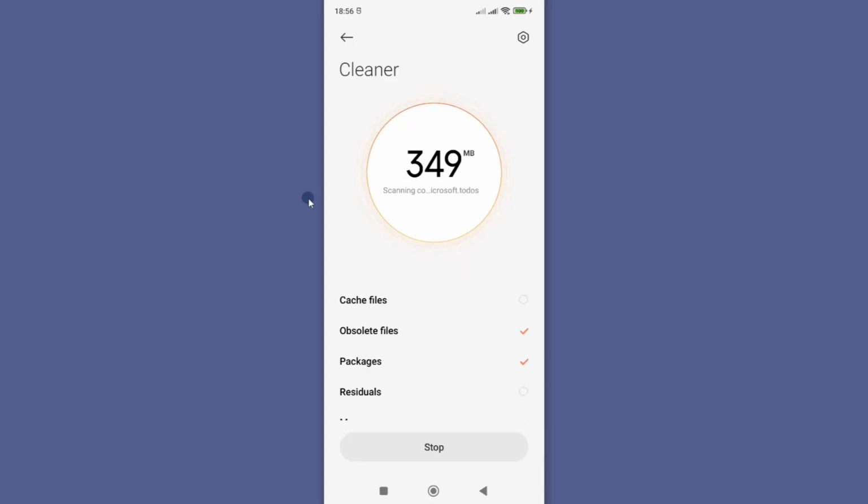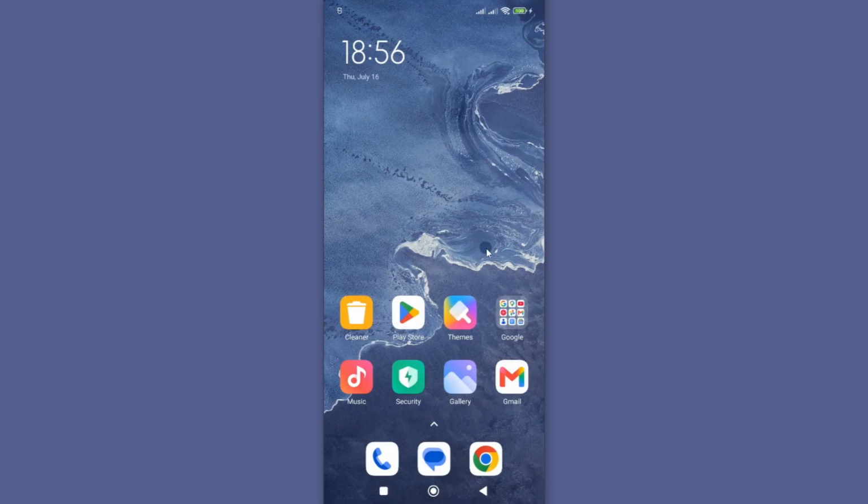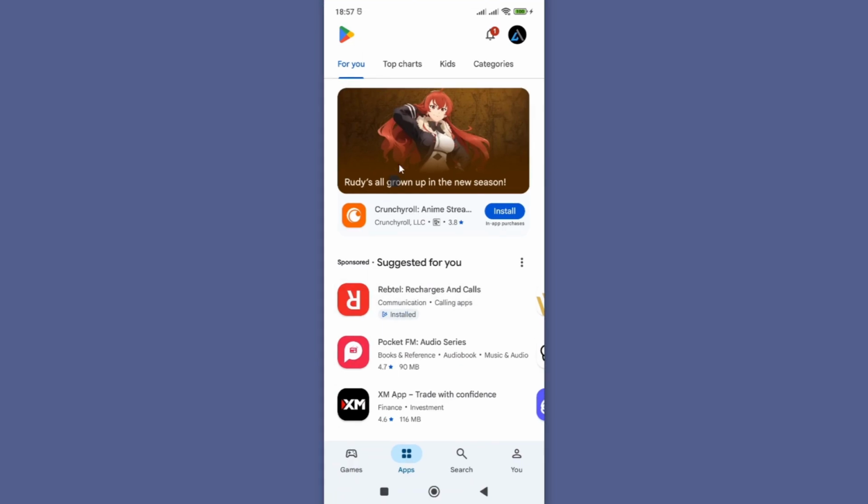So you can see there's a lot of junk that might have occupied space on your phone. So I'll tap on clean up, and as you can see, I've freed over 300 MBs of data on my phone. Now once you are done, go to Google Play Store, and now you should be able to download and